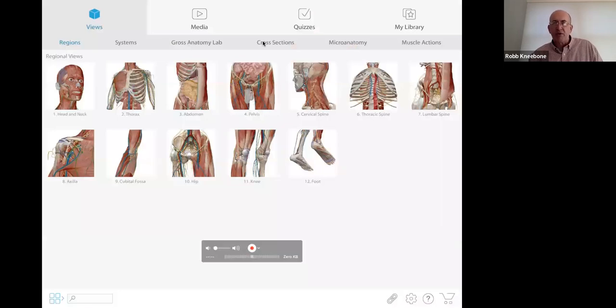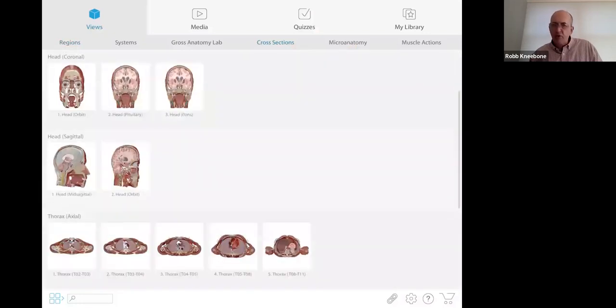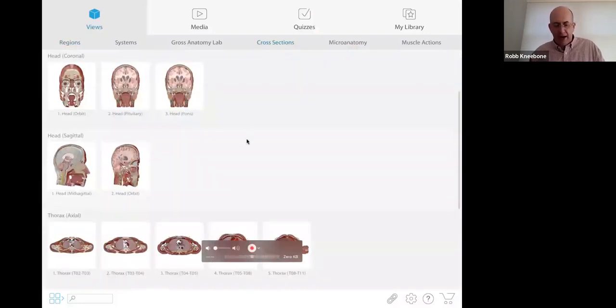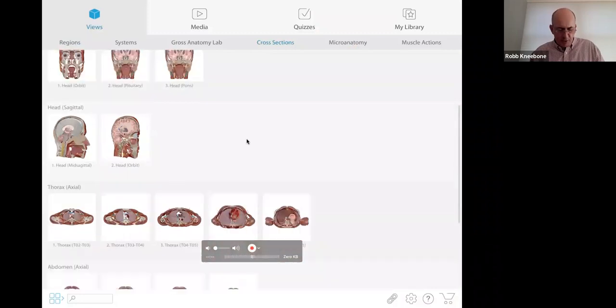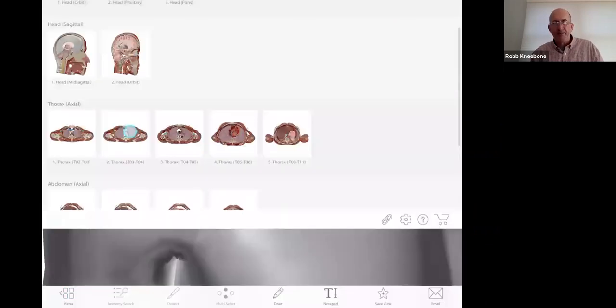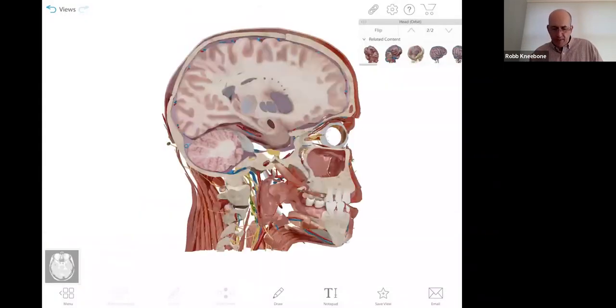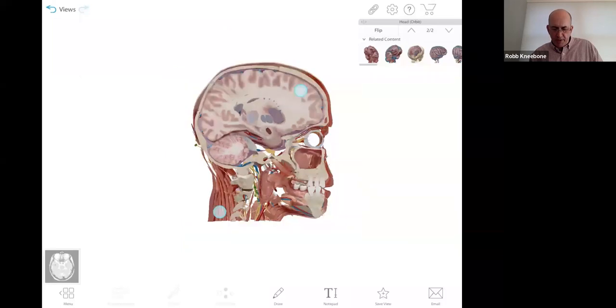We have some cross sections, which are also another useful tool for students that are learning. I will go down. We have 25 cross-sectional views, and we're adding more. But we have 25 right now. If you select, I'm going to select number 2, the head, it will pull out a slice model, and I'm going to pinch my fingers to zoom out a little